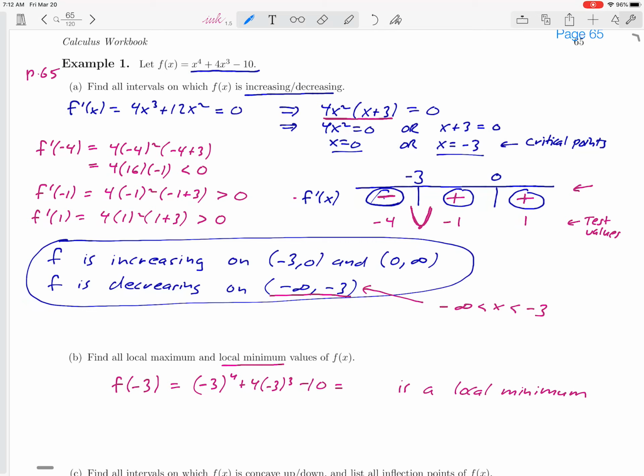And you can double check my arithmetic there. That's maybe a job for your calculator, and out will come negative 37. That would be the y value of that point where our graph has a local minimum. And that completes part A and B of